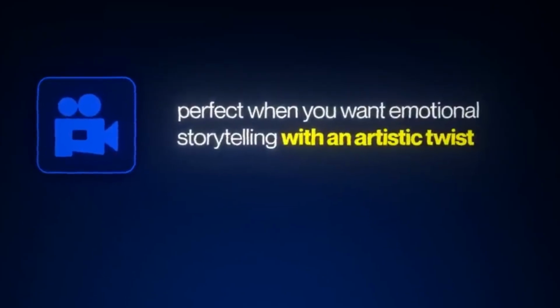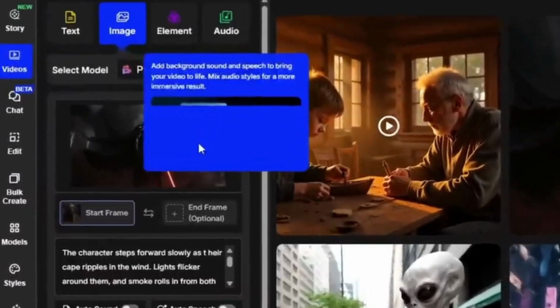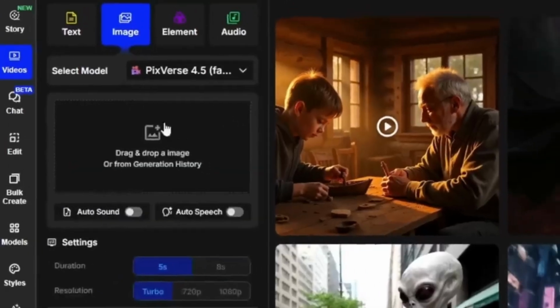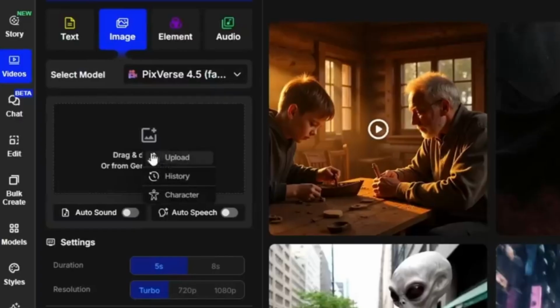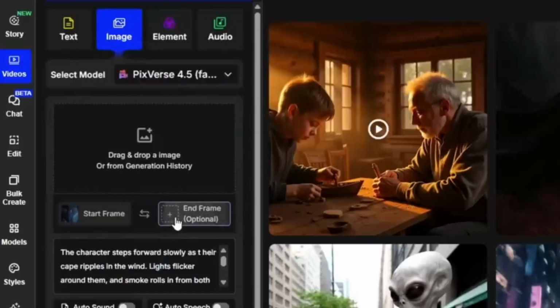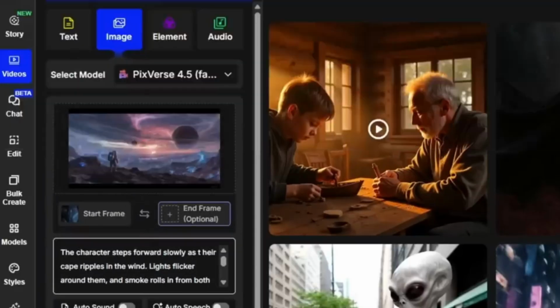Now we're moving into image to video. This part gives you a bit more control by letting you set both a start frame and an end frame, which is useful when you want smoother transitions or simulate camera movement across scenes. So for this start frame, I'm uploading a close-up illustration of an astronaut looking out of a spaceship window. And then for the end frame, I'm uploading a wide shot of the astronaut on the surface of an alien